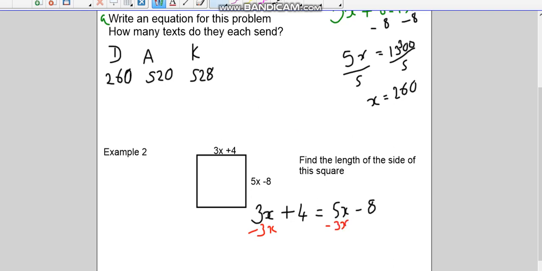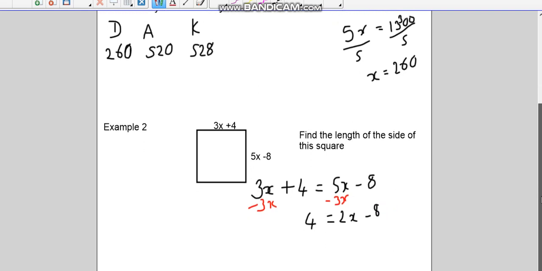That leaves me with 4 on this side equals 2x minus 8. I'm going to add 8 to both sides. So add 8 there, add 8 there to cancel that minus 8 out. Okay, and that leaves me with 4 add 8 is 12, equals 2x. Divide both sides by 2,